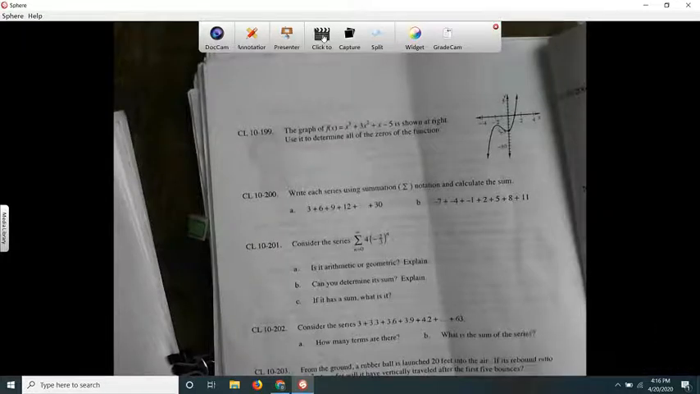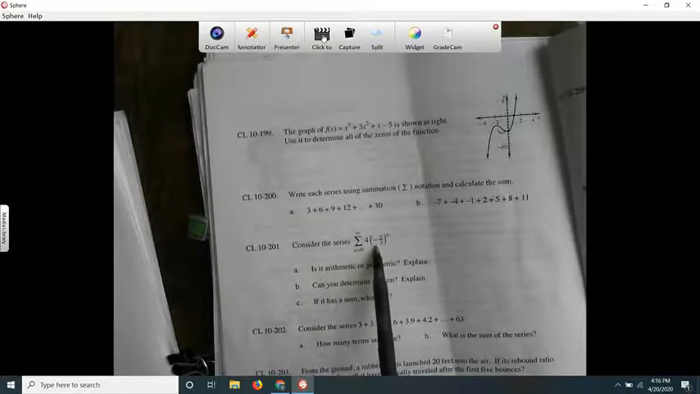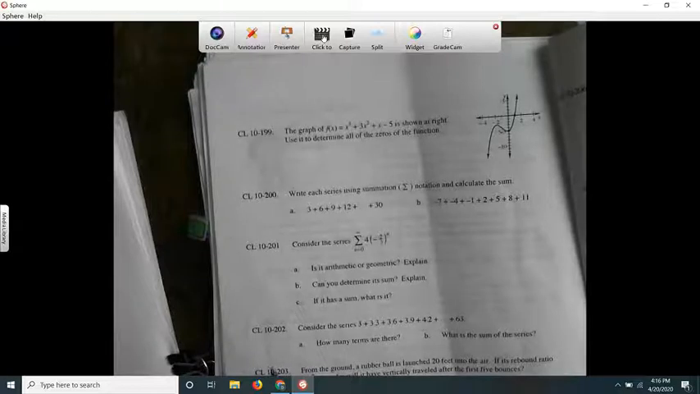Here's integrated 3. It's CL10-201, letter C. So they give you this series, and hopefully you said that it was geometric, and hopefully you said that you can determine its sum. You can determine the sum of an infinite geometric series if R is less than 1. Well, if it's between 0 and 1, if it's a proper fraction. Okay, so